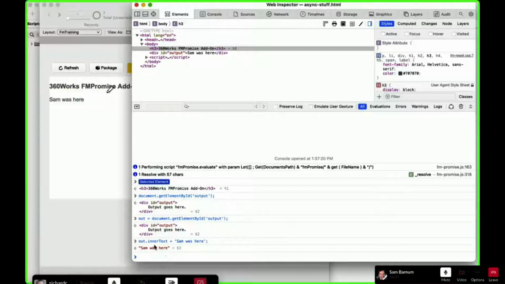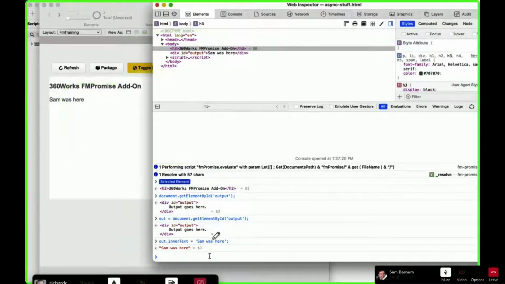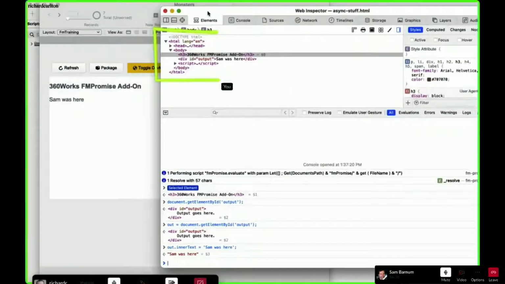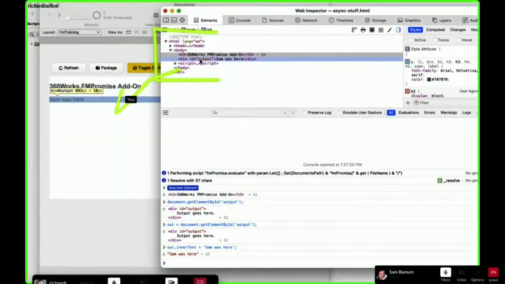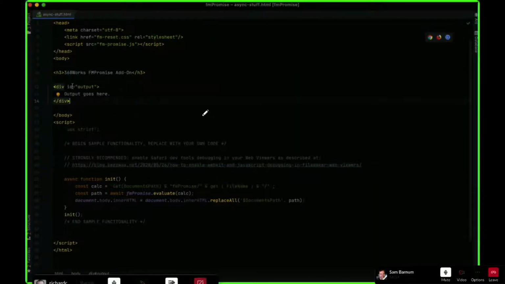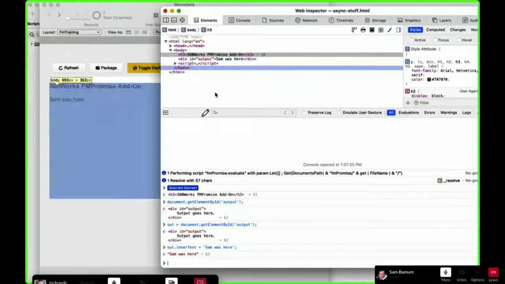Okay, hang on one second here. So this is the output here. This is the code, and what are these? You're changing parameters down here. What I'm doing is typing JavaScript in the console, live JavaScript that's running in this web viewer back in FileMaker. Right, but the original base page that is this right here, correct? Oh yeah, that didn't change. Okay. Good. It doesn't write it to the file system. Right. No, it's just local. Yeah, but it does change in the inspector.